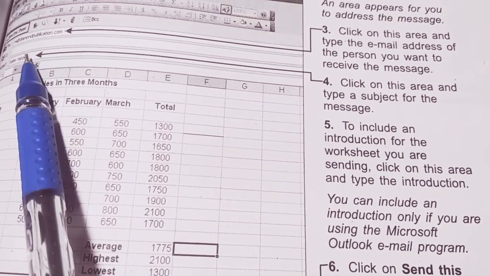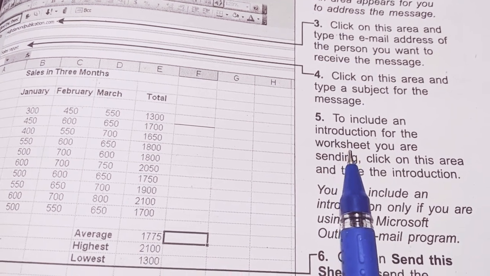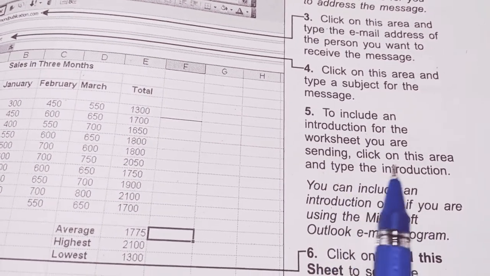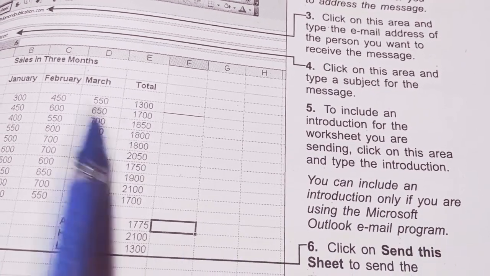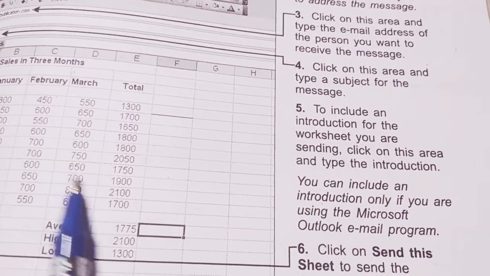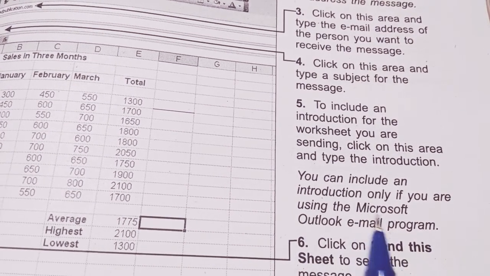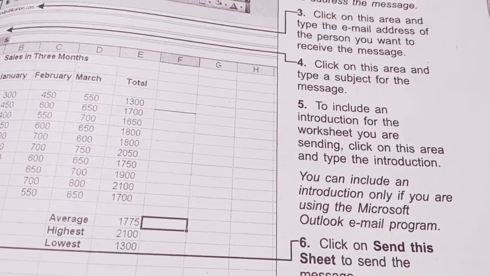Type the subject and include an introduction for the worksheet you are sending. Click on the area and type the introduction. All the introduction we should manage here. You can include the introduction only if you are using the Microsoft Outlook email program.